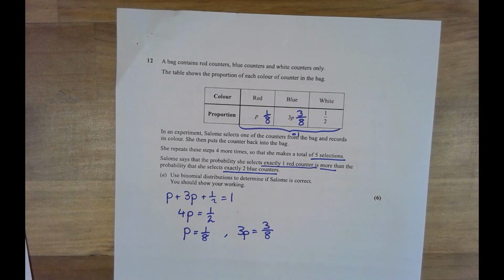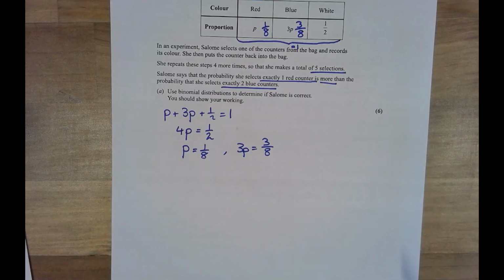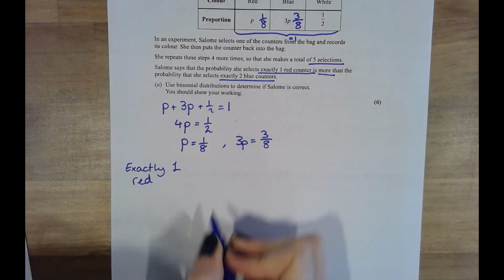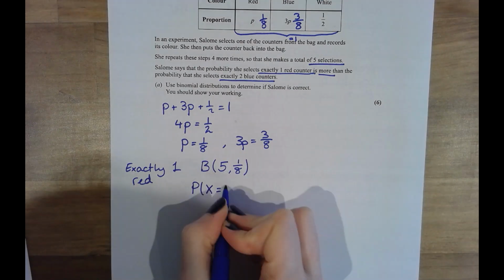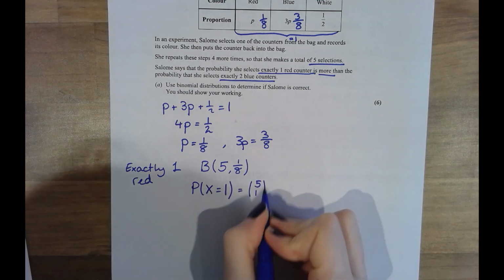We are then asked to use our binomial distributions to work out the probabilities to see whether or not it is more likely that exactly 1 red counter is picked than exactly 2 blue counters. Our probability: we have got our binomial distribution, we have got 5 selections with a probability of success of choosing that red being 1/8. To work out the probability then of exactly one of those being a success, exactly one success of pulling out that red counter, we will use